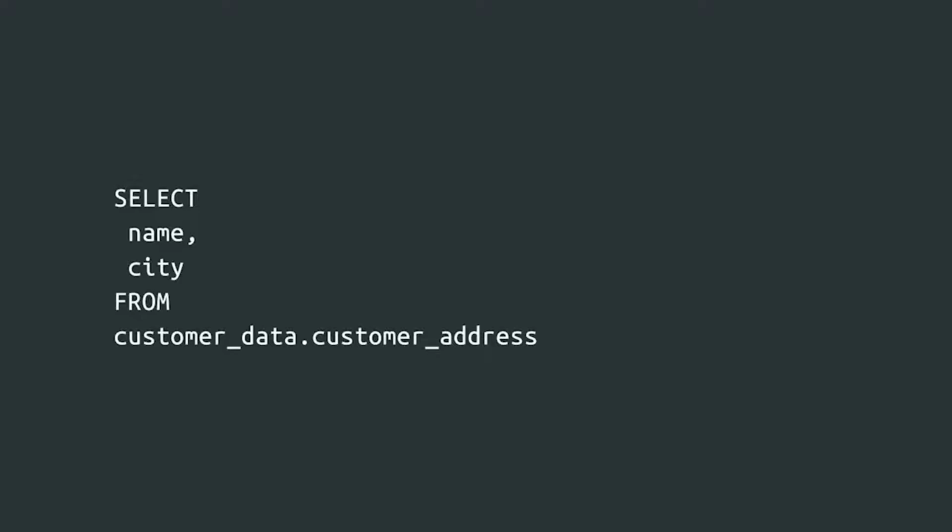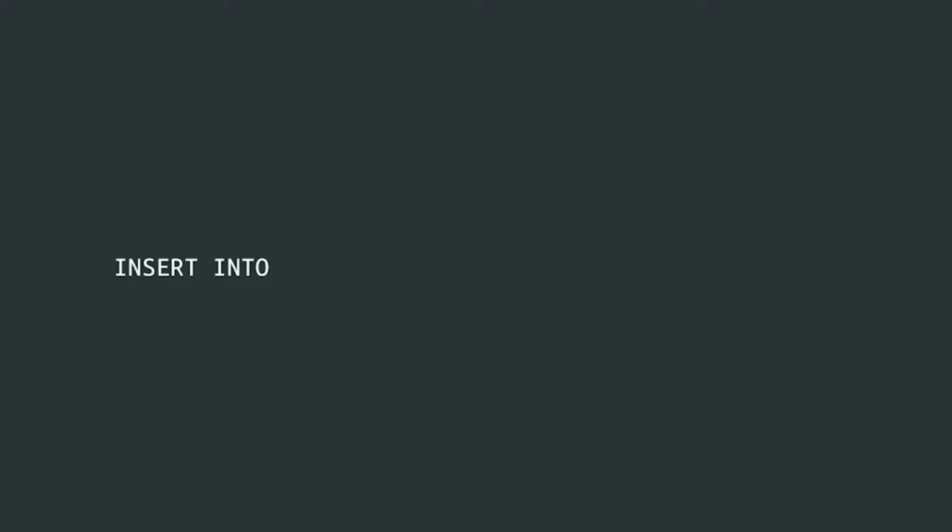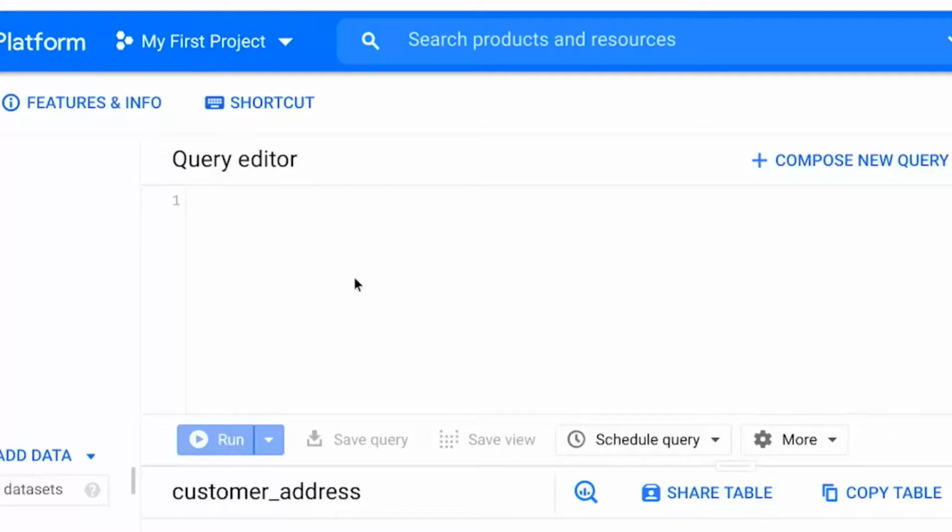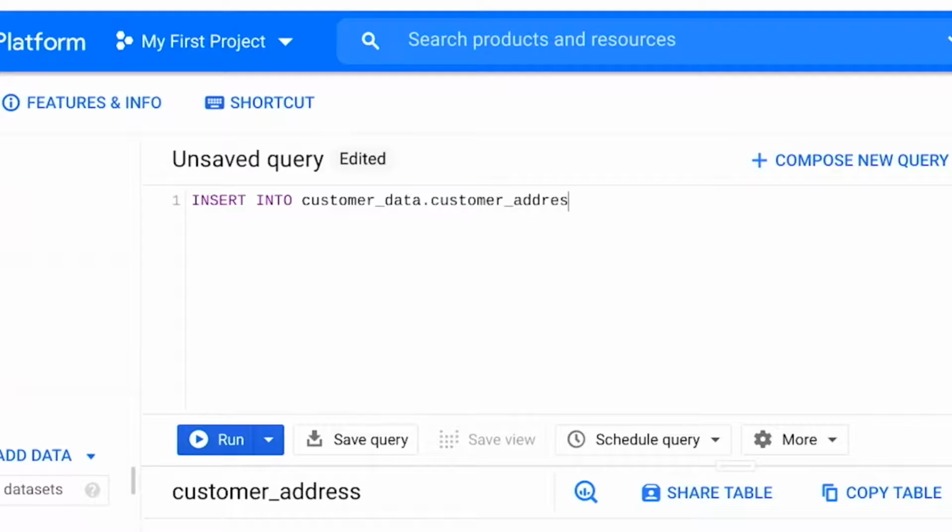We can also insert new data into a database or update existing data. For example, maybe we have a new customer that we want to insert into this table. We can use the insert into query to put that information in. So let's start with where we're trying to insert this data, the customer_address table. We also want to specify which columns we're adding this data to by typing their names in the parentheses.